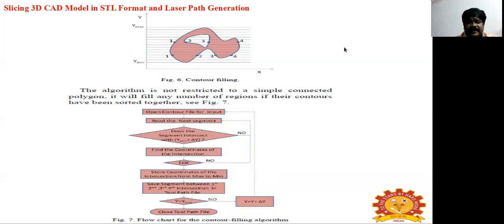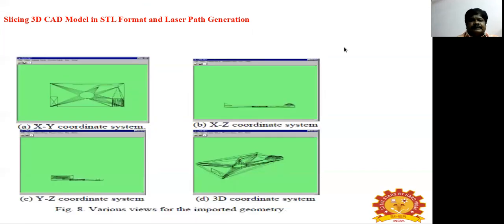This is the orientation of the object facets, the triangles. In our STL file, it should be determined by the direction of the normal as well as the order in which the vertices of each triangle are listed in the data. That we have to check. This is the flowchart for the contour filling algorithm.